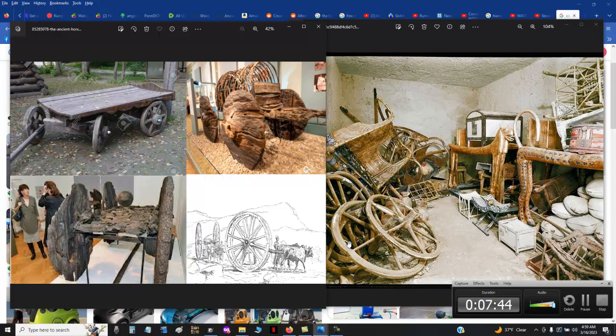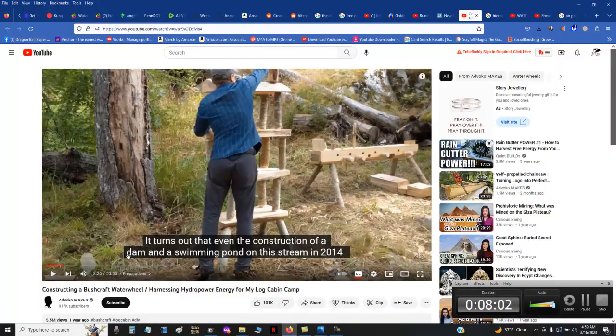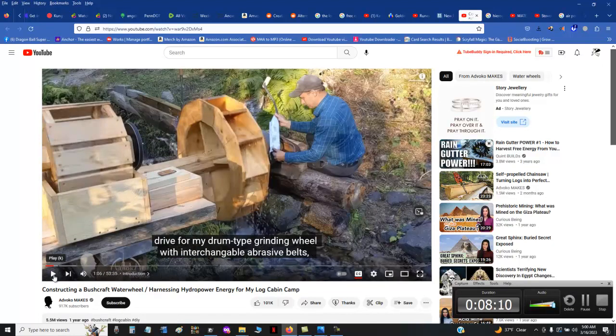So I'm just trying to say, you can still believe like, no, they didn't have anything similar to what we have. They didn't have anything with power. They didn't have power tools and this, that, there. You could believe that, but there are people who are doing things left and right that prove otherwise. Like, for example, there's this guy. It's almost an hour-long video. I'm definitely interested in watching what else he did. But as you can see here,